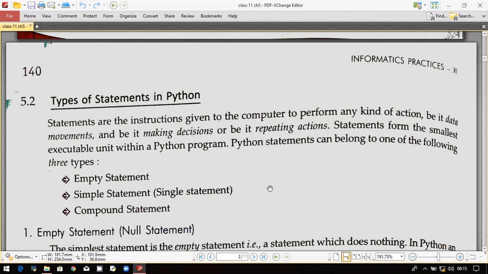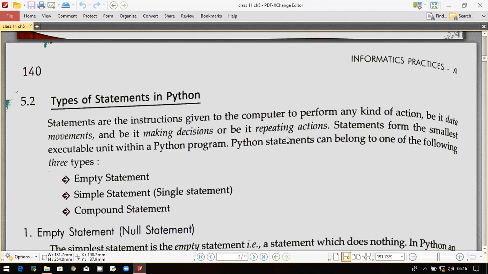Okay, and also the repeating actions, which we have just discussed: sometimes there may be a need to repeat the statements repeatedly. That means if you have created the first statement and you want the second statement to be the same as the first statement, it may be the case that a certain set of statements is repeated multiple times. So that is known as the